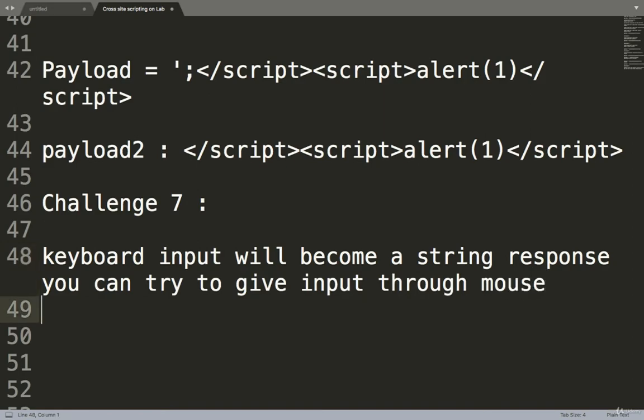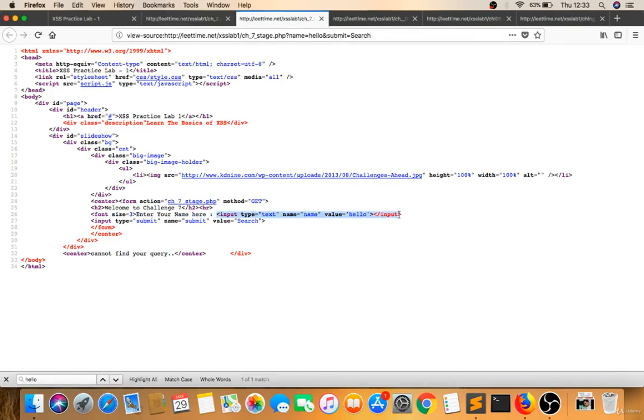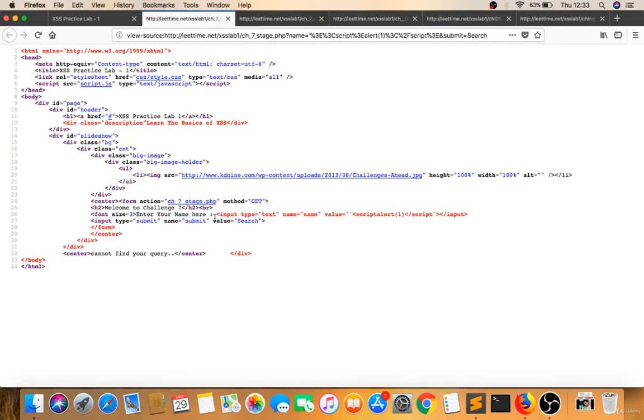So in that case you have to use an onmouseover payload. See this, earlier there was a function, now it's become a string response, so you can execute onmouseover payloads.